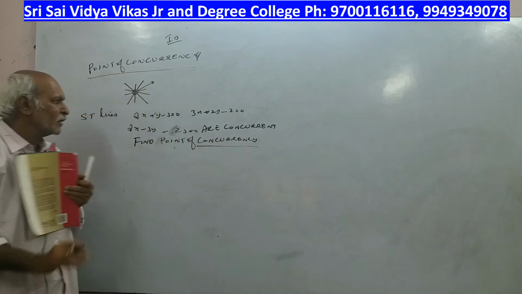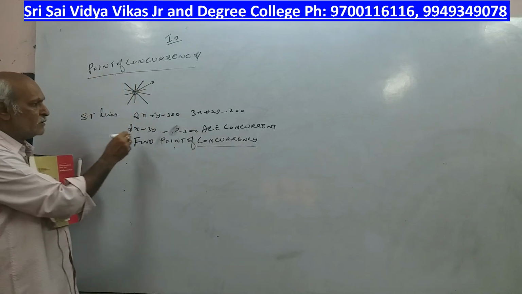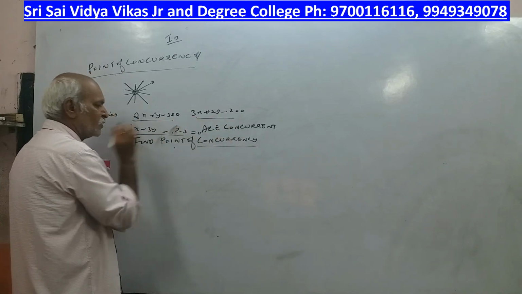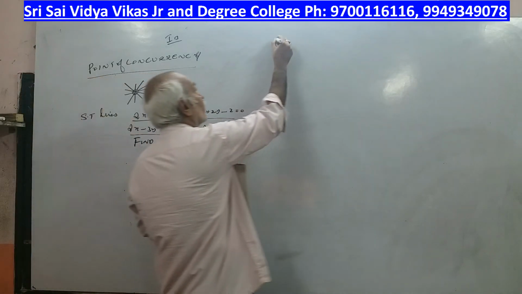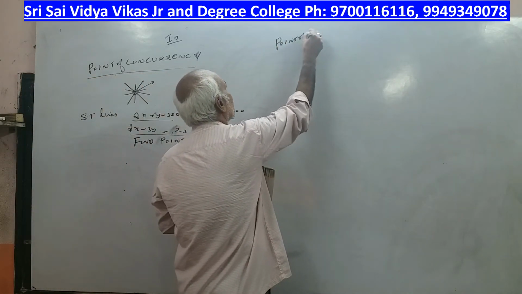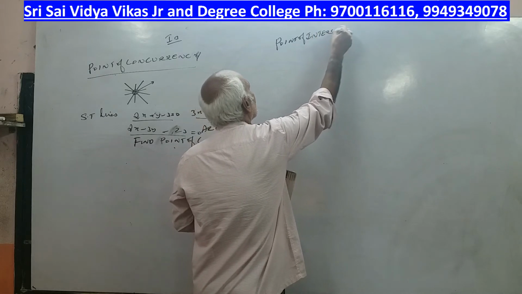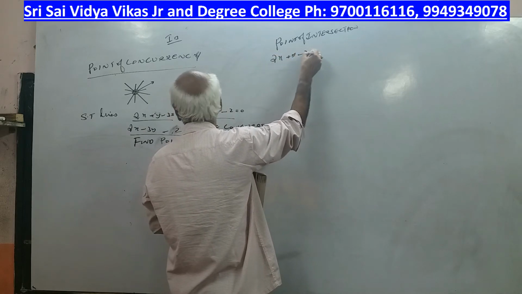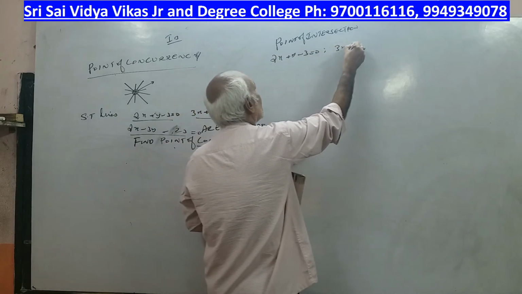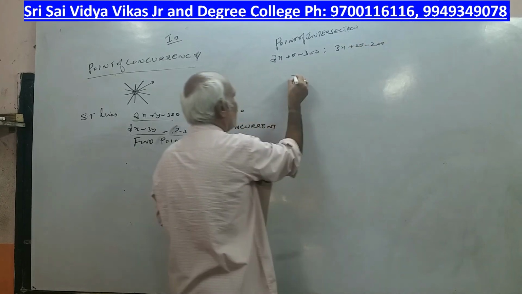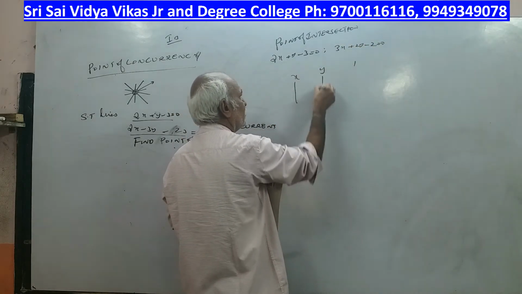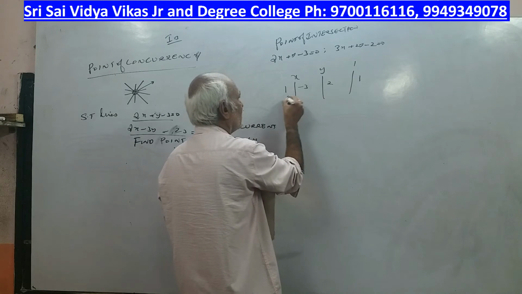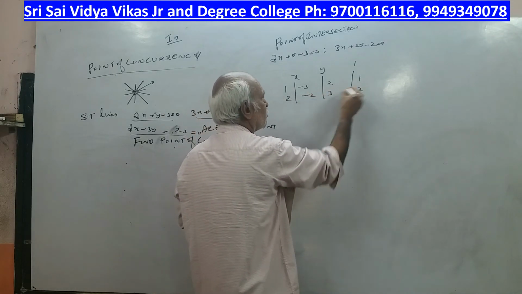Okay, look at the procedure is same, sir. Now how many lines are there? 3 lines are there. 1, 2, 3. What I'll do, I'll consider first point of intersection. Which one? First one? 2x plus y minus 3 is equal to 0. 3x plus 2y minus 2 is equal to 0. X, y, 1. 1 line, 1 line, 1 line. Again y coefficient 1, minus 3, 2, 1. 2, minus 2, 3, 2.